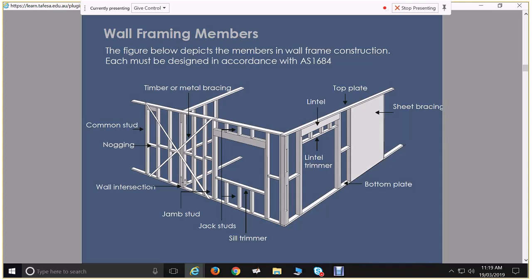We have to think about how we can provide fixing to plasterboard on the faces of our studs. So typically the carpenters will do their arrangement of the studs at that point in time, but there are times that you as drafters have to think about the arrangement of studs. If this is going to be a brick veneer house, then we don't actually have any fixing happening on the outside face of our studs there. So we don't have to think about